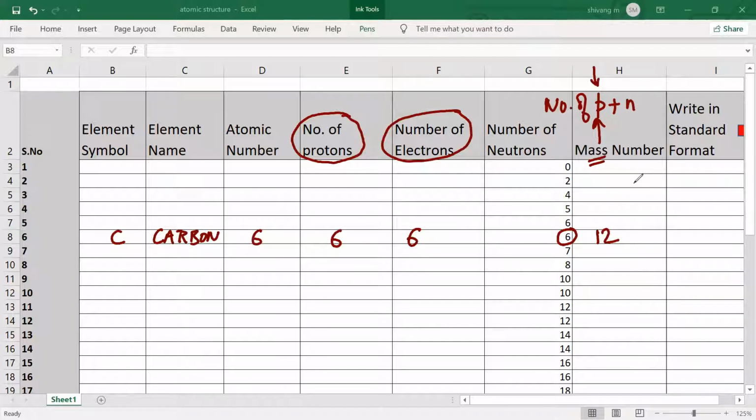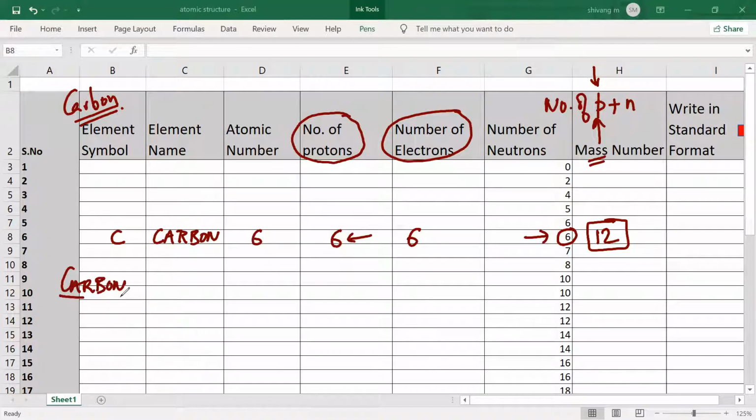Did you understand? Yes, sir. I told you that the neutrons are 6. From the atomic number you can see that the protons are 6. So the mass number is 12. Mr. Satya, are we clear? Yes, sir. But then there is something strange about carbon. Now try to understand what the strange thing is. We'll go pretty slowly to understand the strangeness of carbon.